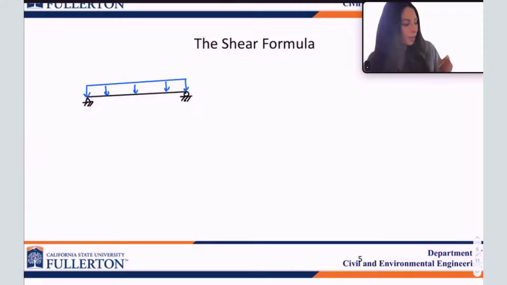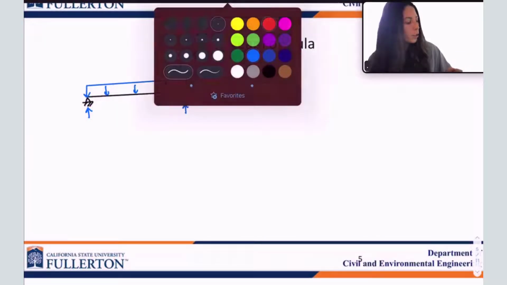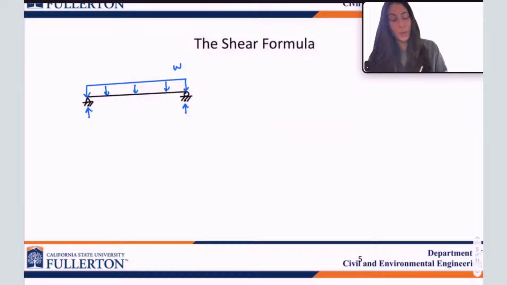Okay. And of course, if I have some constant distributed load, let's say this is W, I have some reactions that occur at both of the supports, right? Now what am I going to do? We're going to do what we always do when we're deriving these formulas. We're going to make a cut, okay? And if we make a cut along this member,